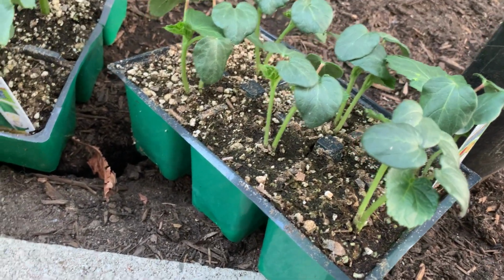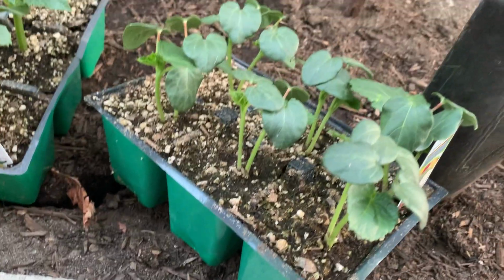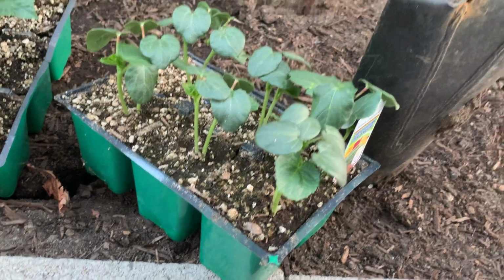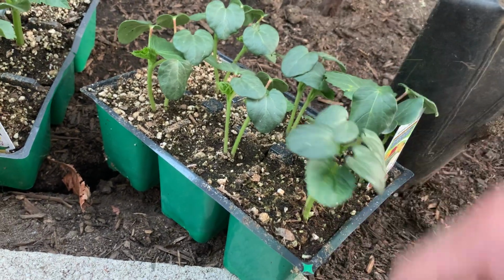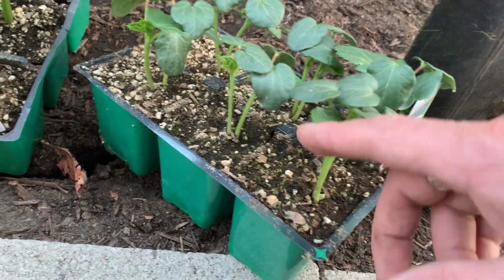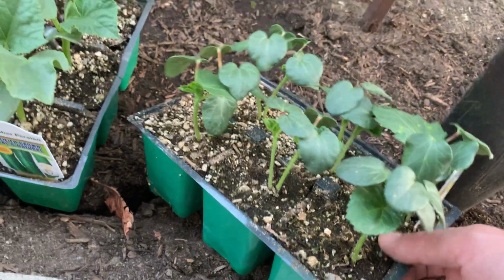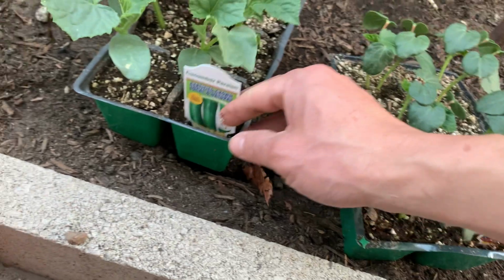I will just pick one out of two. I'm not going to break them apart because once you break them apart, usually you will damage the root system. So I'll just choose one out of the two and just remove one. All right. And here is another